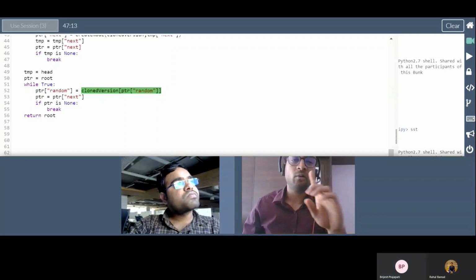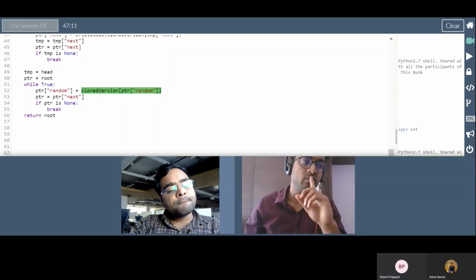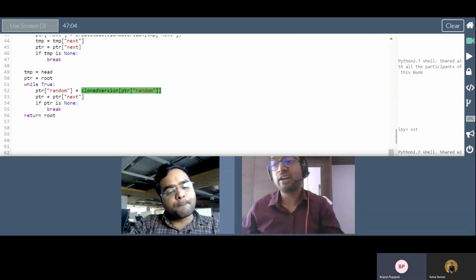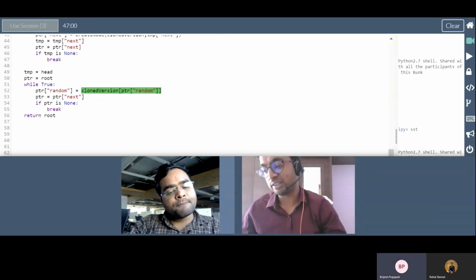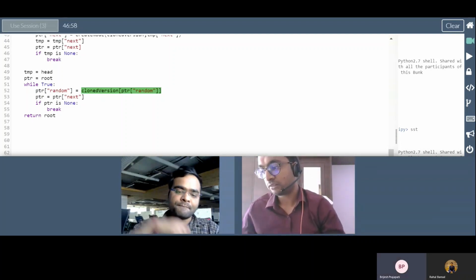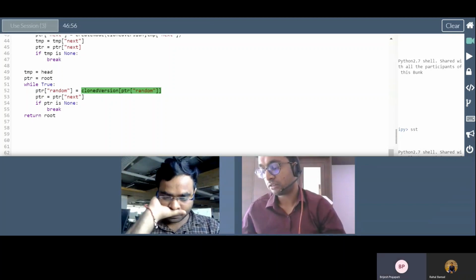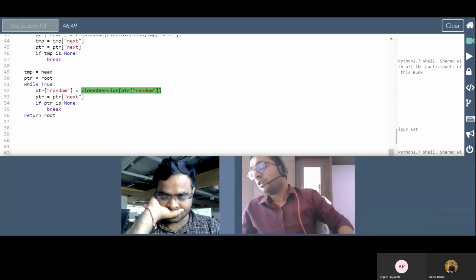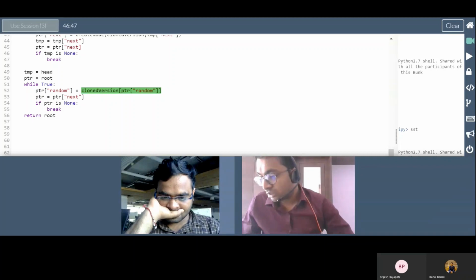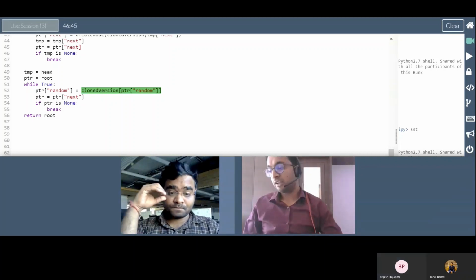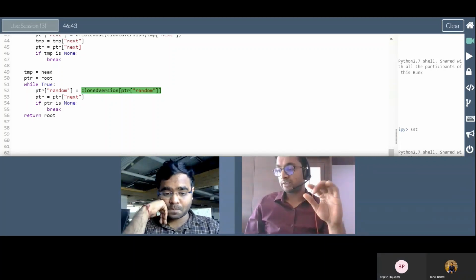No, but there's an issue with this. The issue is if some other pointer is pointing toward 1, now I won't get 1 dash back. So basically, I need this mapping to get towards the clone. So the way this is helping me in the clone list part is